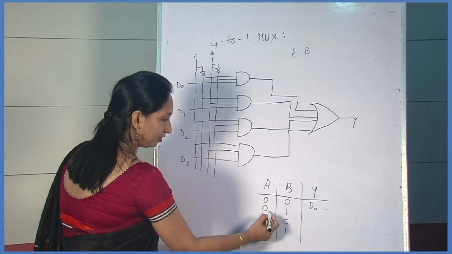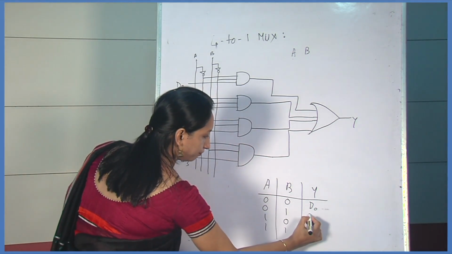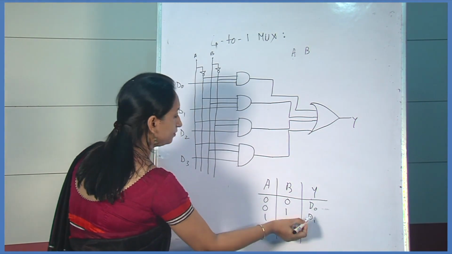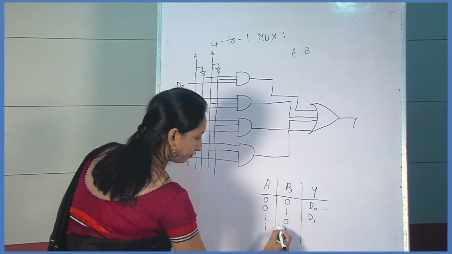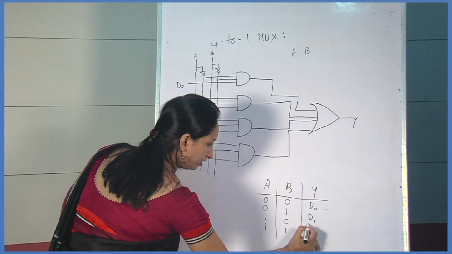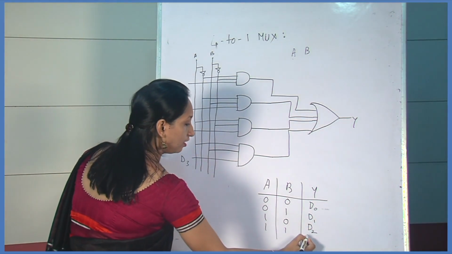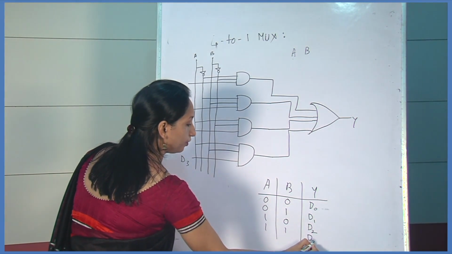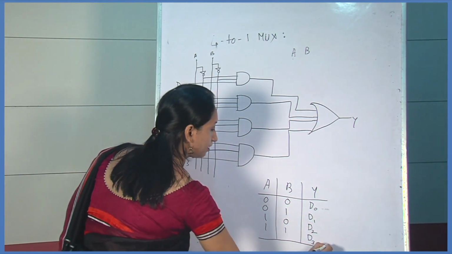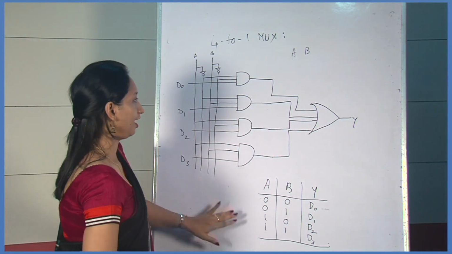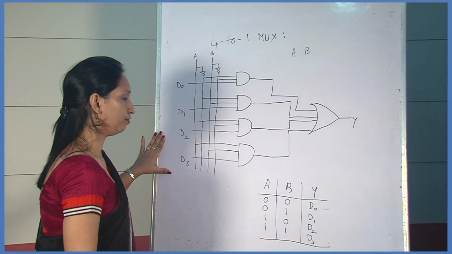And for the second combination, the output will be D1. That means Y is the value of the D1 input line. Then for 1, 0, it will be D2. And for the 1, 1 combination, the output will be D3. So this is the truth table of the 4 to 1 multiplexer, and this is the logic circuit diagram for 4